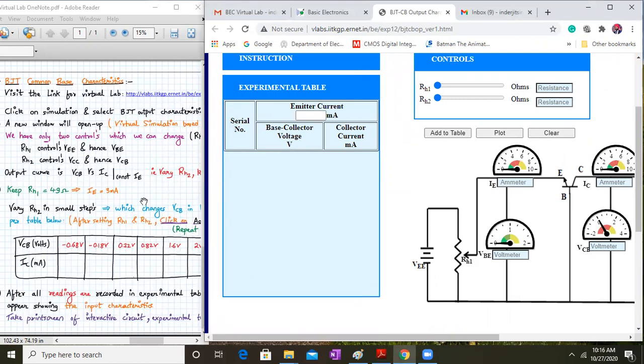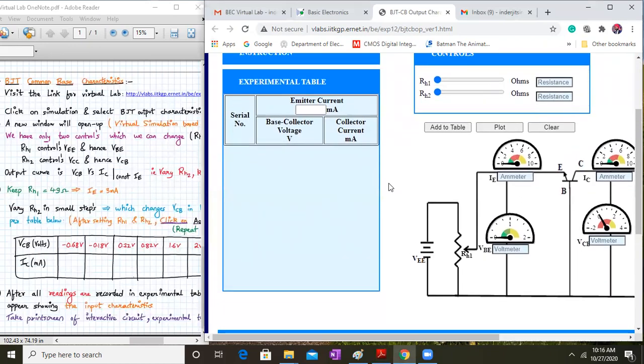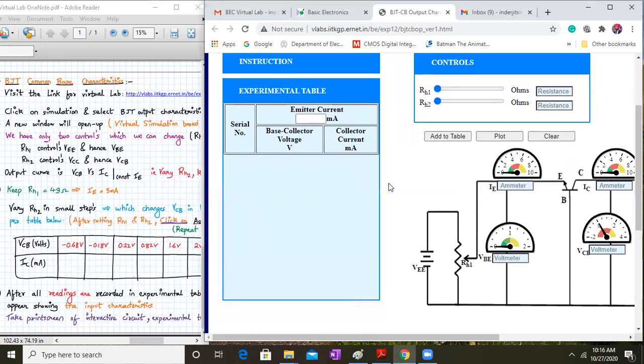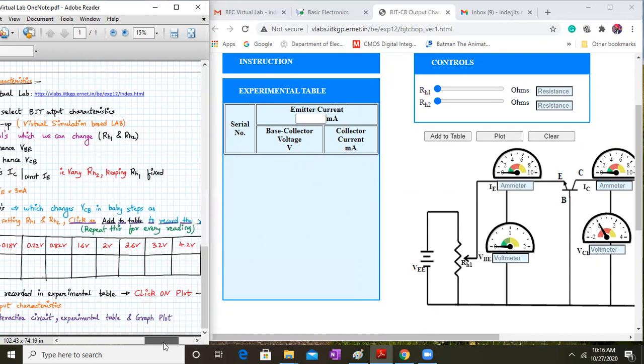Again I repeat, the output characteristics in case of common base configuration is between VCB versus IC at a constant value of IE. So over here, we need to vary the value of RH2 and keep the value of RH1 fixed.